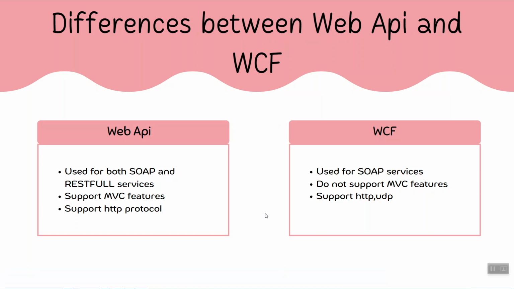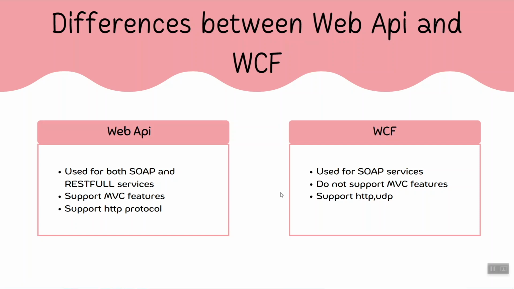When compared to WCF, Web API is a better choice because it is a simple and lightweight service. Web API is faster than WCF. Web API does not need any data contract. Web API uses web standard securities such as basic authentication, token authentication, and OAuth. Web API provides flexibility, and also makes it easy to provide the response to the client request. The response depends on the request of the client.